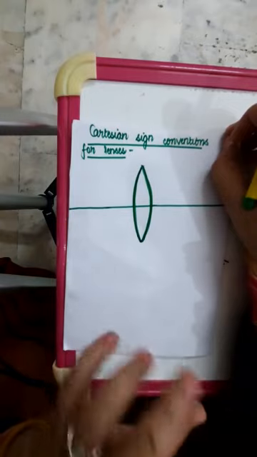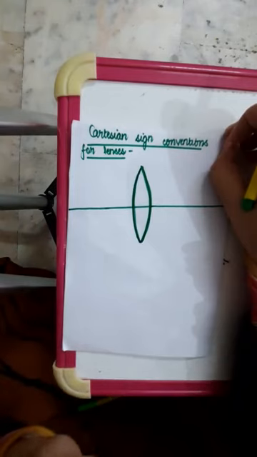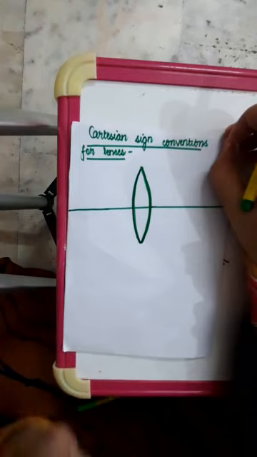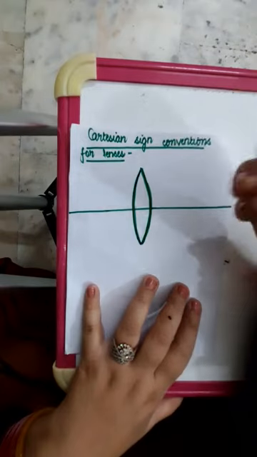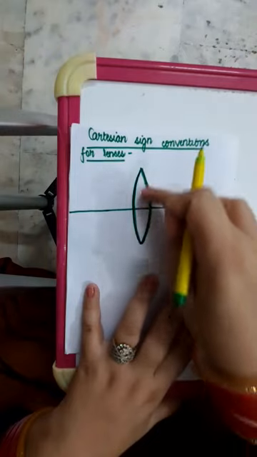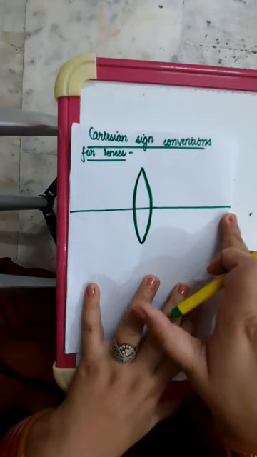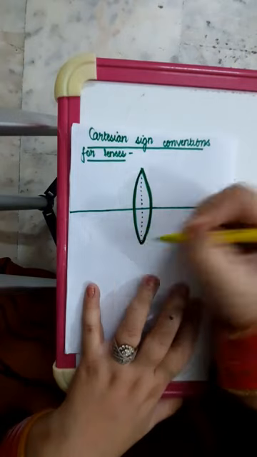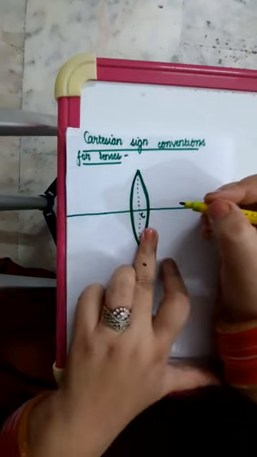We know that whether it is a mirror or a lens, both of them are capable of forming the images of the object. And the position of the image formed is specified from the position of the object. So, right now you can see a convex lens in front of you. This is the principal axis, this is the aperture of the lens, and this is optical center, C.